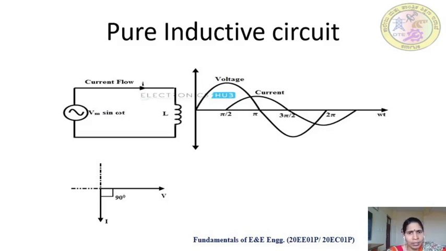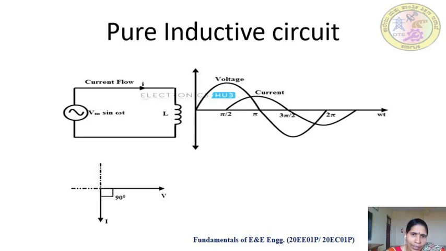What happens? In an inductive load, the current flows through the coil where the energy is stored. It takes time. So whatever the voltage applied across the inductive load, there is a phase angle difference, because as soon as the voltage is applied, the coil gets energized, or energy gets stored.